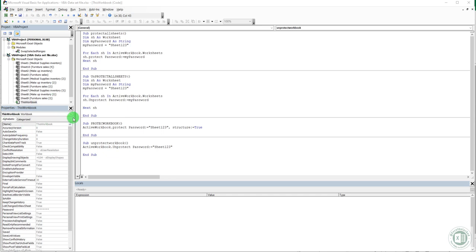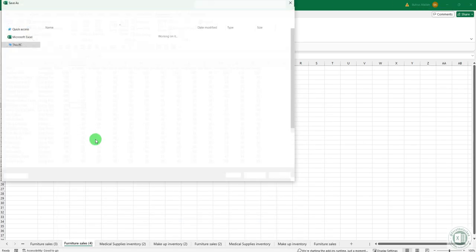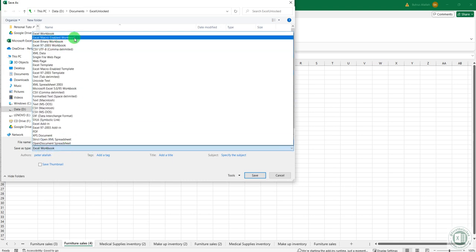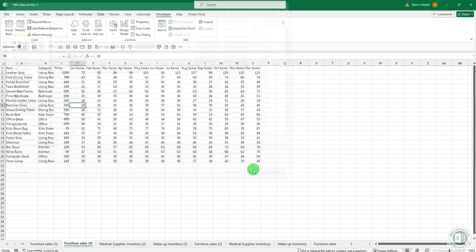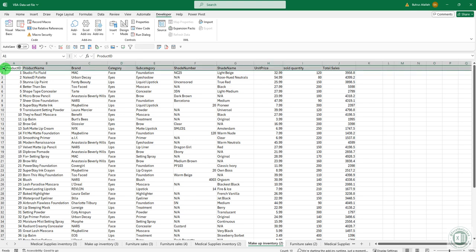Finally, if you need to save the macro or code in the specific workbook, you have to save the workbook as a macro-enabled workbook with extension .xlsm. F12, save as, not as Excel workbook, as Excel macro-enabled workbook. So for example, the macro that we did at first to make changes in the daily file, you can save it in the same file if you want.